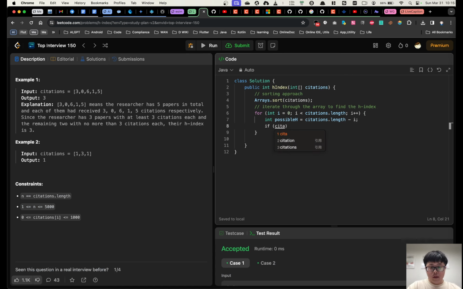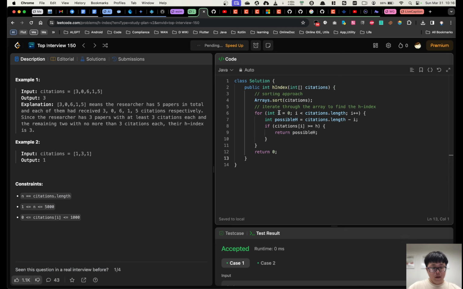If citations[i] is equal to or bigger than H, which means it meets the condition this problem asks for, and also means we found the correct H. And out of the for loop, which means we didn't find the appropriate H within this loop. And let's submit it